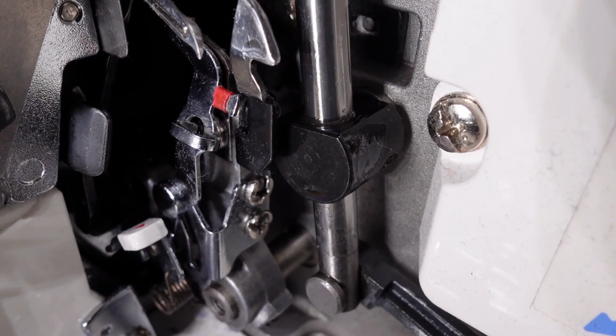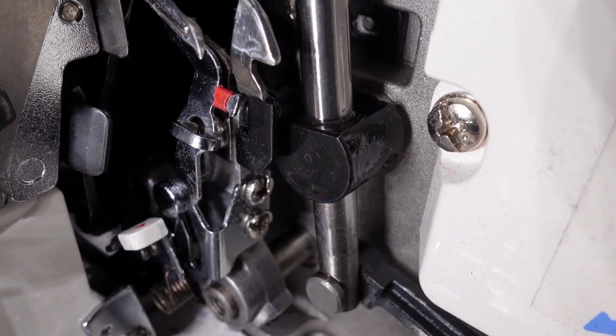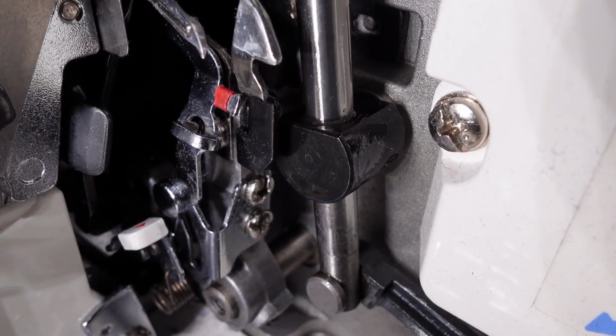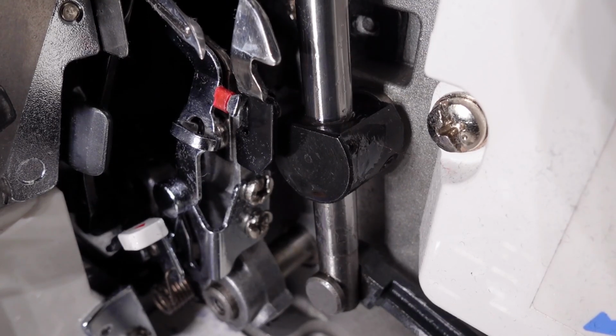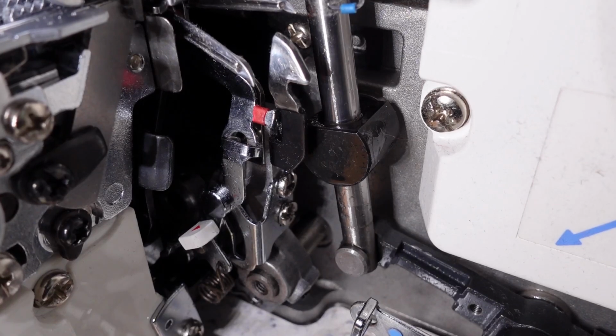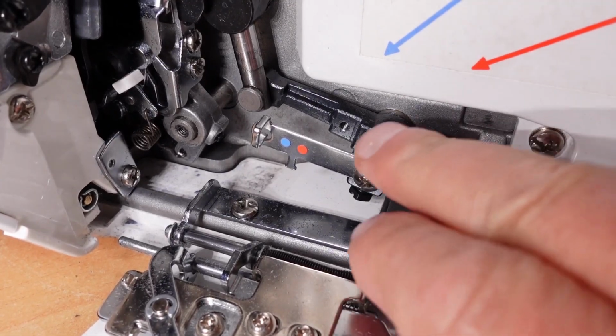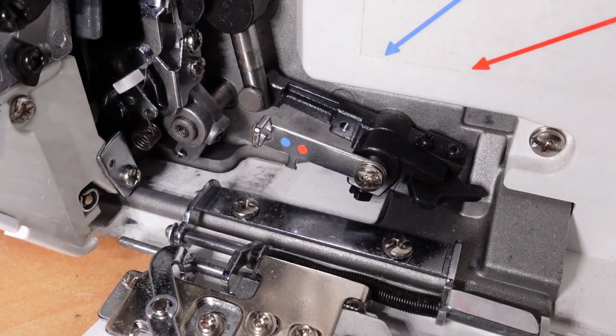Now, I don't want to put too much force on here because I don't want to break anything. But it is locked solid. I'm trying to hold the machine here. Yep, so there you can see the two moving in unison there. Just doing it a little bit quicker. This is the driver here for the upper looper, and we can also see that